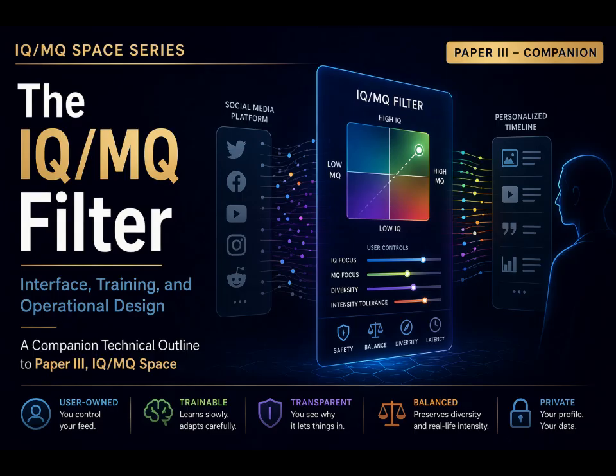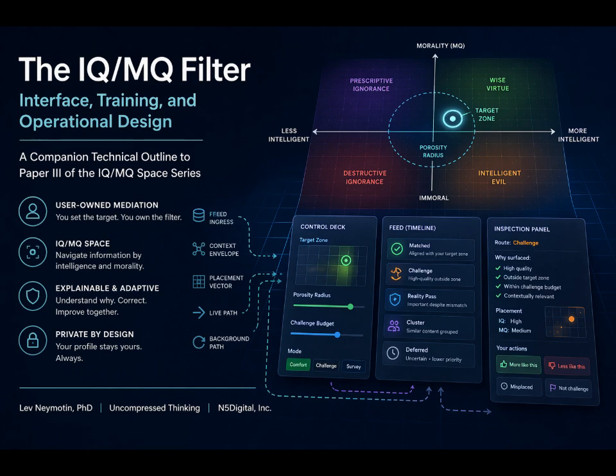Okay, let's unpack this, because we're officially moving from the why of previous papers to the how. Right, which is always the hardest part. Totally. We're leaving the philosophical essays behind and entering the incredibly unforgiving landscape of system architecture. And that intermediate step between philosophy and code is where most ambitious internet reforms just fall apart. What we are analyzing here isn't a final product demo, and it's not raw lines of code either. It is the architectural bridge.